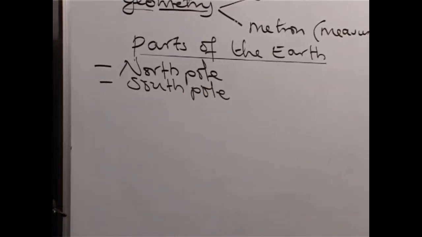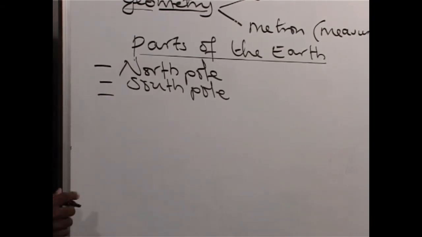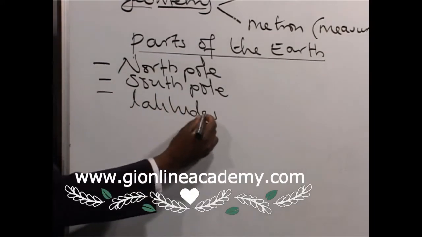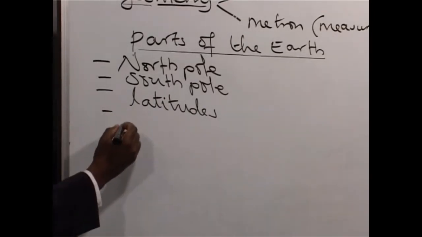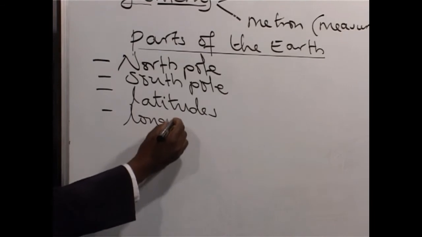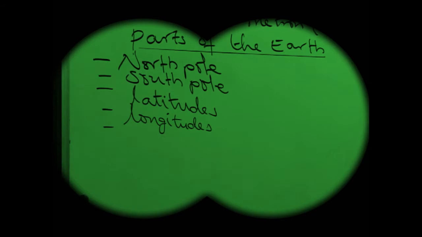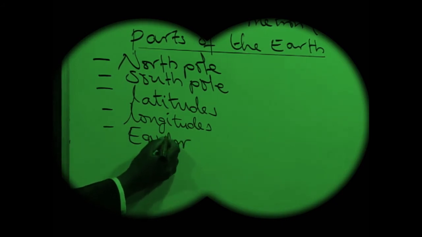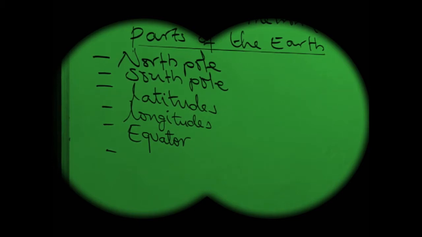We could as well identify other parts, all that are imaginary: the latitudes, the longitudes, we saw the equator, we saw the Greenwich meridian,